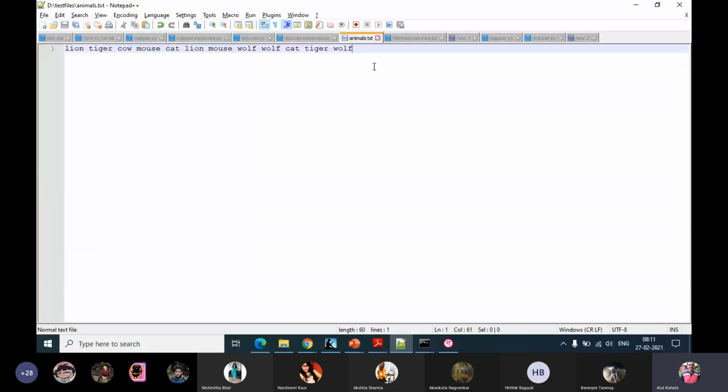So open some editor, create some such file. Obviously, what data you put in there is not important. I've just created some dummy data and save this file